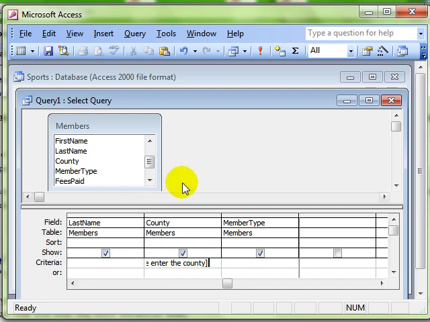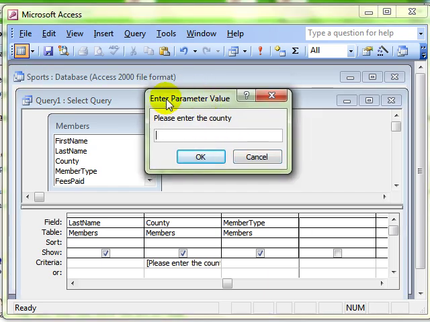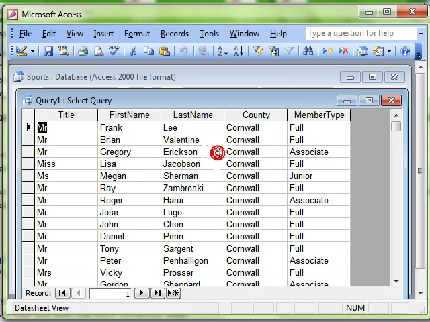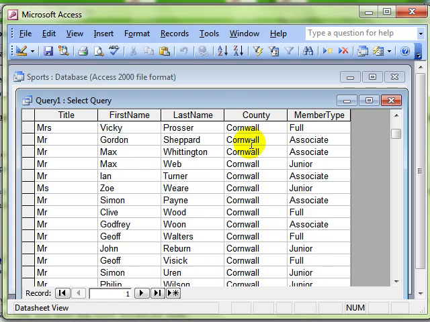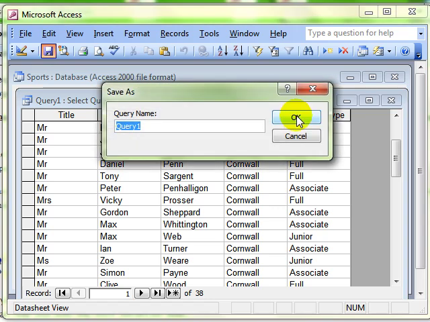Now when we run our query, it asks us this question. It says enter the parameter value, please enter the county, and then we type that in. So the user would do that, click on OK, and there's the information filtered down. So if I save that as parameter, obviously you would use a better name than that,